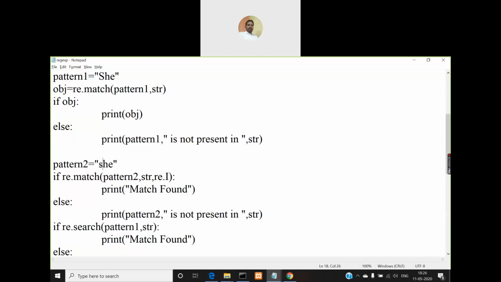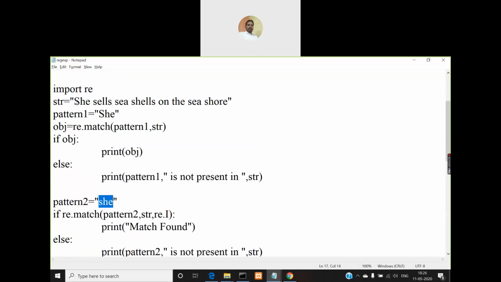The pattern that we are searching for has the string she, where all the letters are lowercase, but our string is beginning with the same word SHE, but the first letter S is a capital letter, so this will not match, right? The letters are the same, but the case is not the same. The pattern has all small letters, whereas the given string has the same word, but instead of lowercase s, it has an uppercase S.